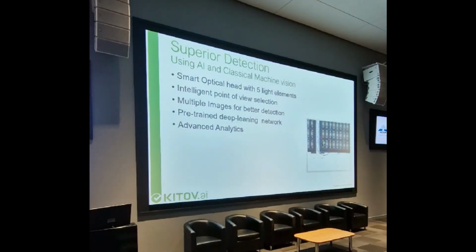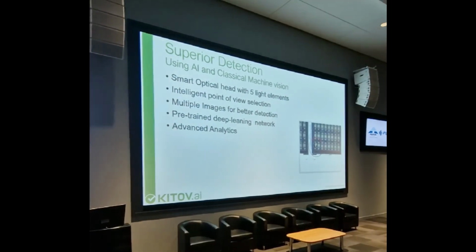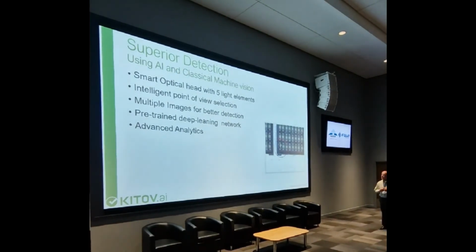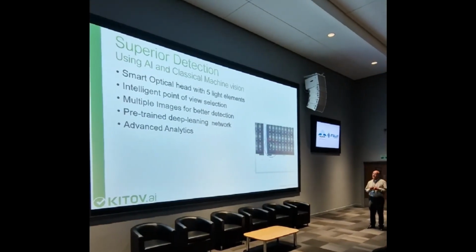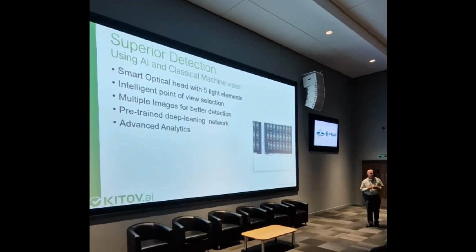In terms of detection, we actually realized that you need to combine classical machine vision with AI in order to really get a high-end detection level. And so we have some pre-trained deep learning networks and also advanced analytics in order to help us identify